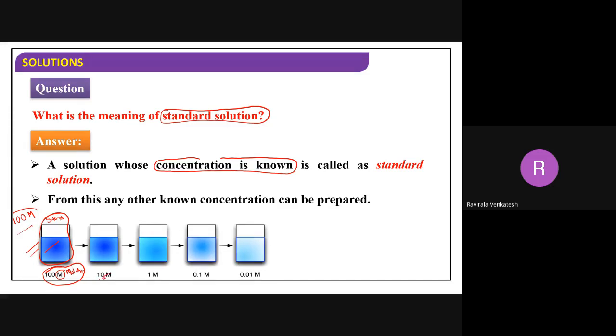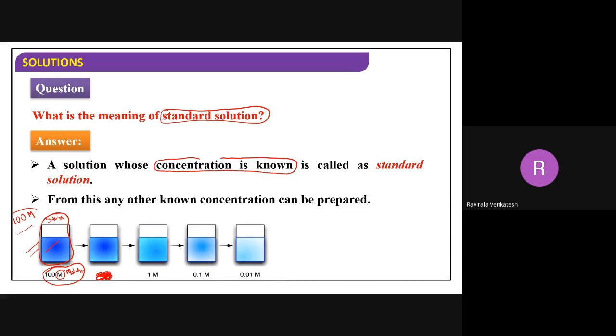For example, if I ask you to tell me the concentration of this other one, you don't know because it is not visible. I think you have done the experiment, no? Practical examination you have done. When you are adding the solution, it clearly mentions how much molarity you have in that one. When you do volumetric analysis, the molarity of the titrant we are adding is the known one. We are calling that one a standard solution.